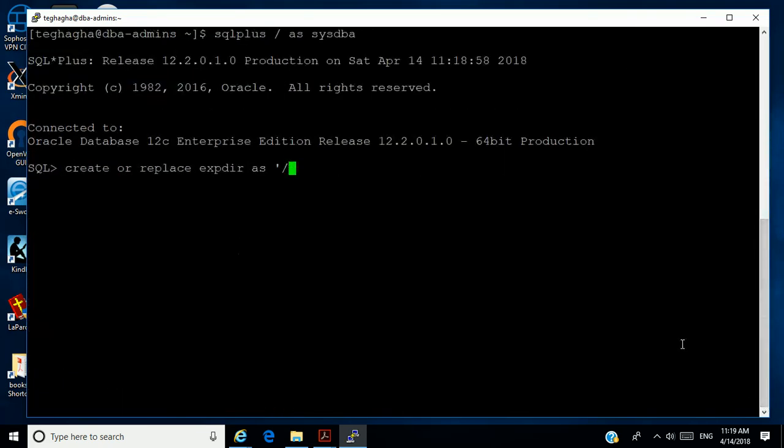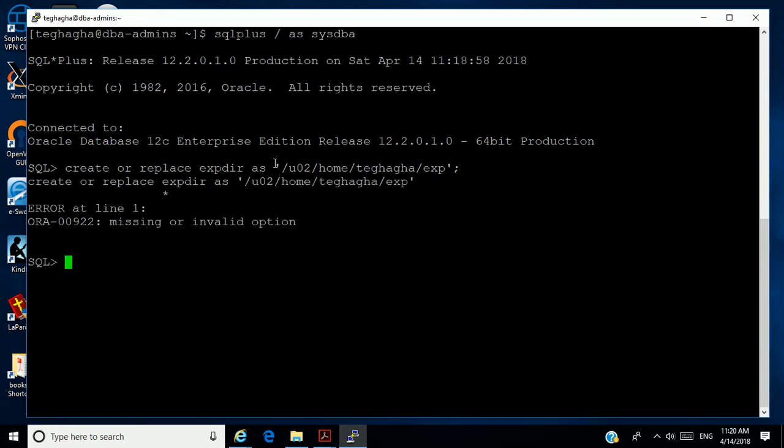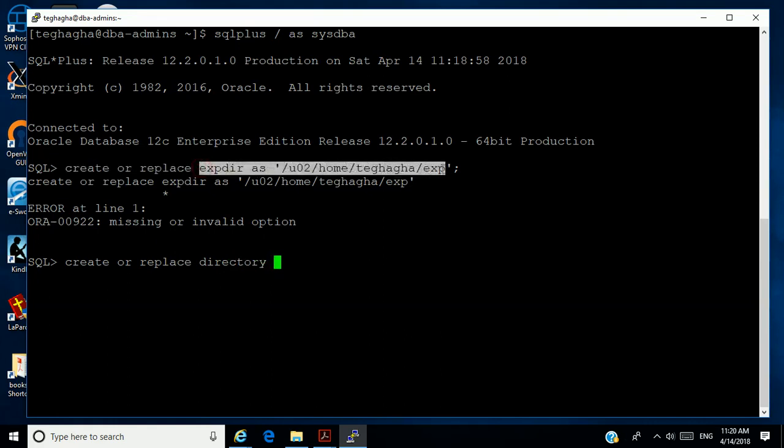So I'm going to put that path /u02/home/export, okay? So I'm saying create or replace. Oh, I made a mistake there, so I have to do that again. See, it has an error. Create or replace directory export xdir as.